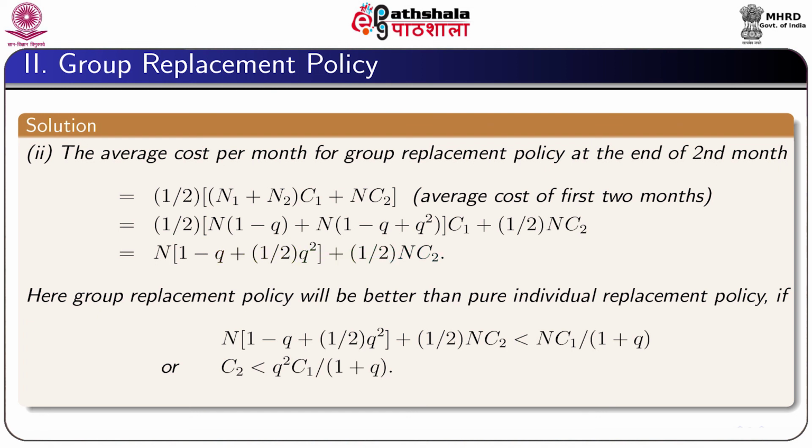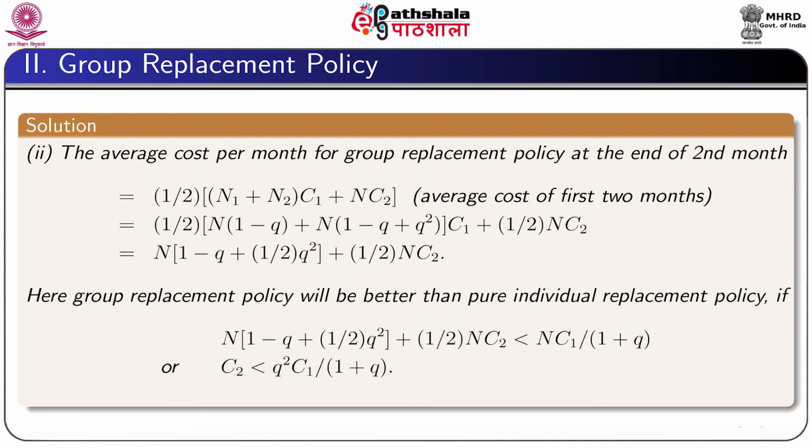So, if we replace, then we will get the cost (N1 plus N2) into C1, and for the group replacement we have the cost n into C2. So, we get the average cost for the first 2 months